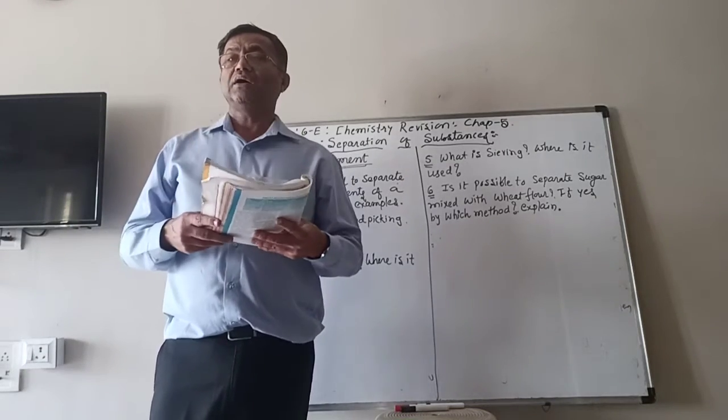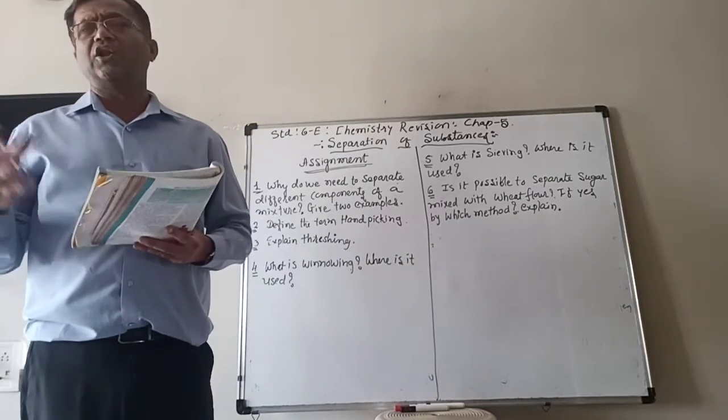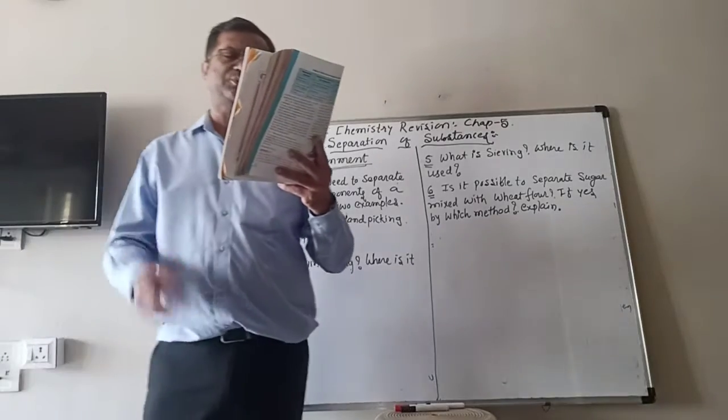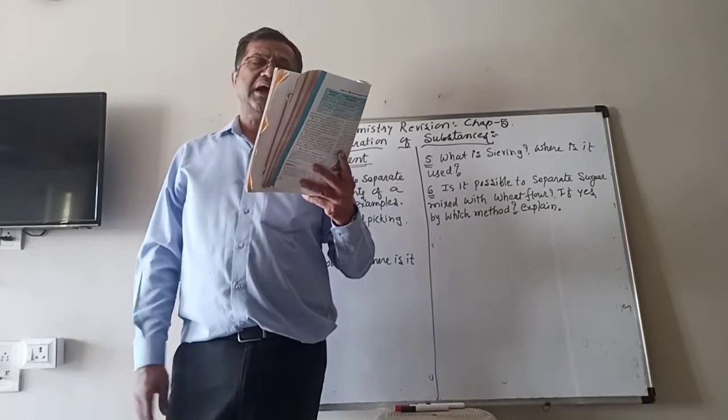The grain along with the husk is taken in the winnowing basket, the supdu, and then allowed